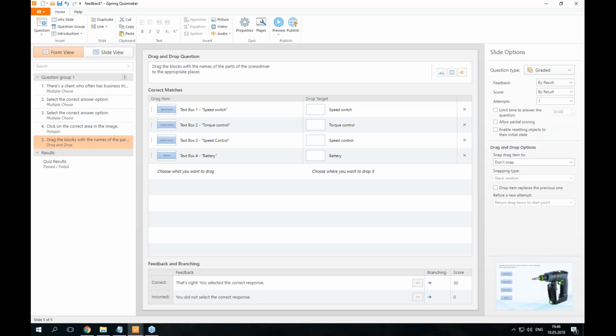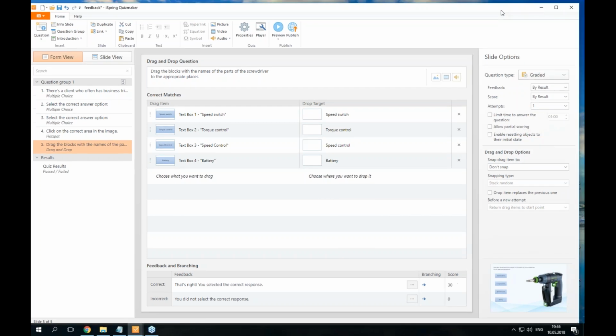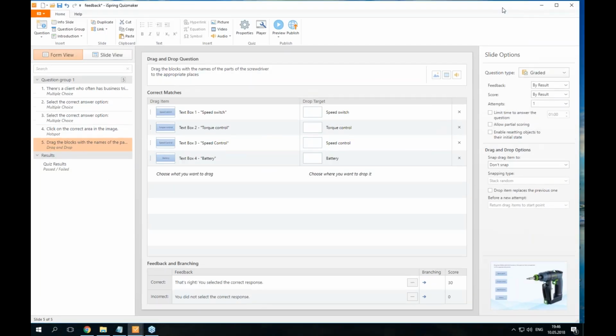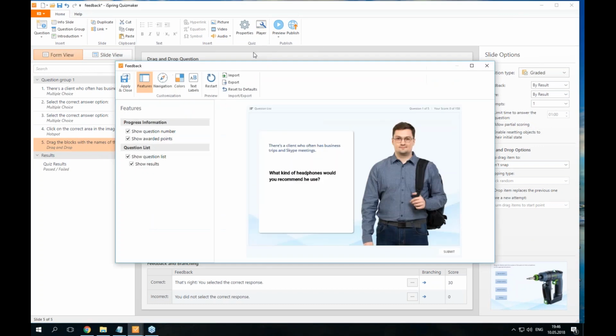Yeah, if your quiz is a part of your course, then in the player, I believe in the features section, you will see another option like use the